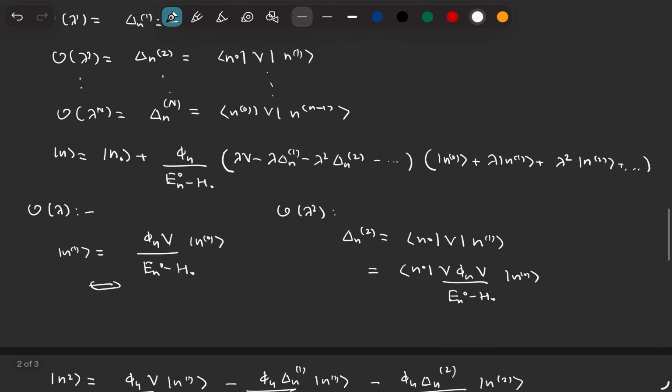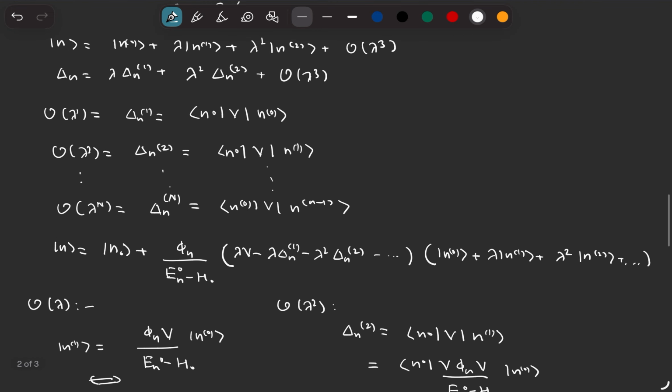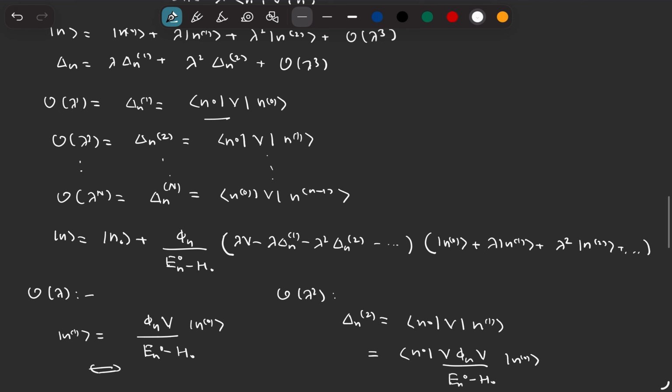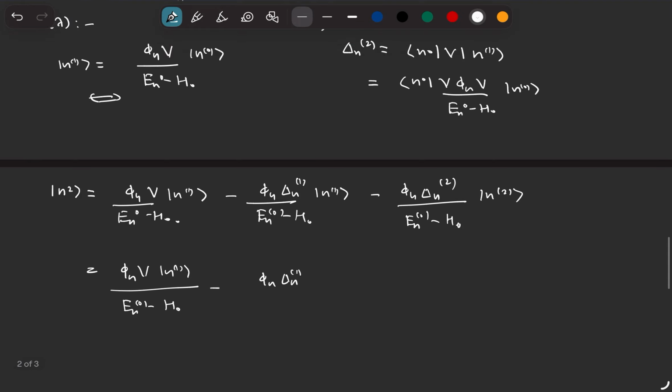Yes. Where did we define delta n1? Okay, yeah, so this is delta n1. So then this has to be n0 V n0. Okay, I think I will just leave it as delta n1 probably. And the n1 is given as phi n V n0